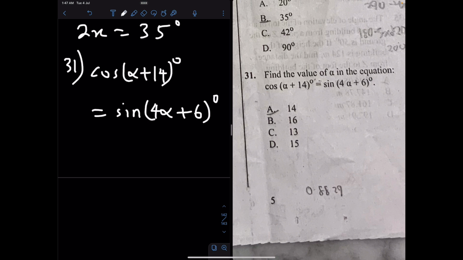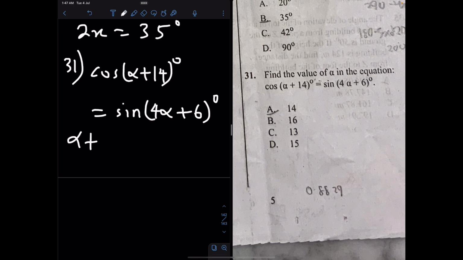We know that the cosine of an acute angle, they didn't even tell us whether the angles are acute, but this relationship only applies to acute angles. So the cosine of an acute angle is equal to the sine of the complement of that angle. That's why sine 30 is the same as cos 60. 60 is the complement of 30 degrees. So the sine of 30 degrees will be the same as the cosine of 60 degrees, and the cosine of 30 degrees is the same as the sine of 60 degrees. So that means